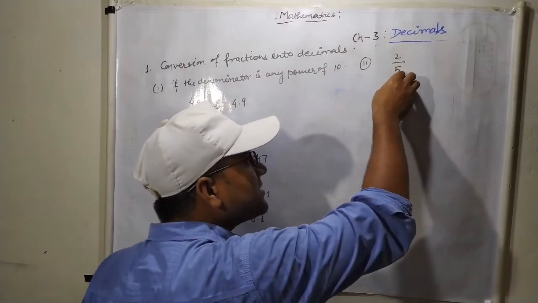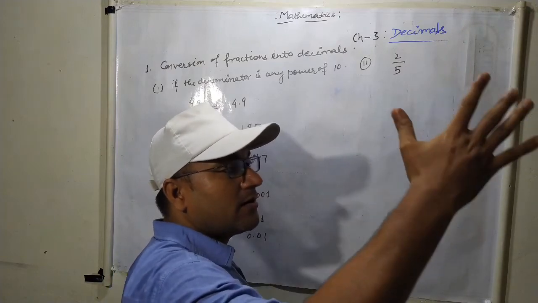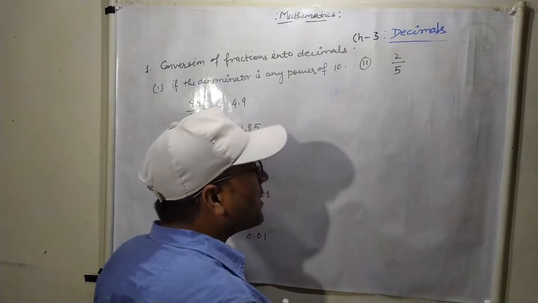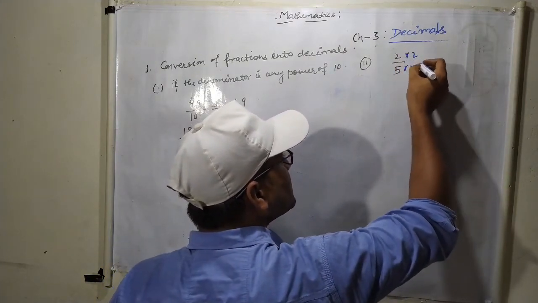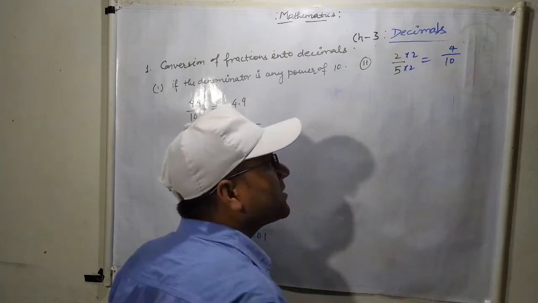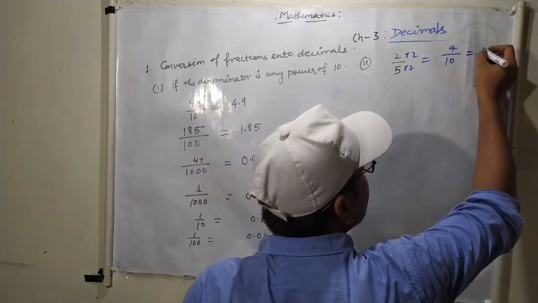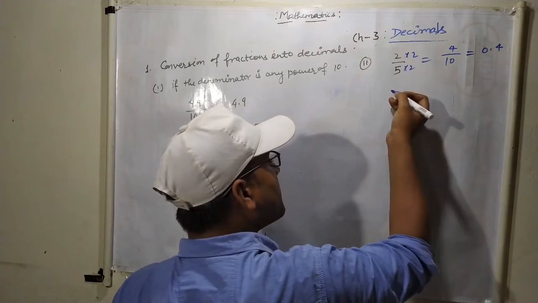Our aim is to change this denominator into a multiple of 10, any power of 10: 10, 100, 1000, 10,000. So here it is very easy. By multiplying 2 in numerator and denominator, 2 2s are 4 and 5 2s are 10. What will you get? 4 upon 10, and it is very easy to change it into a decimal. Your answer is 0.4. And suppose one more example,